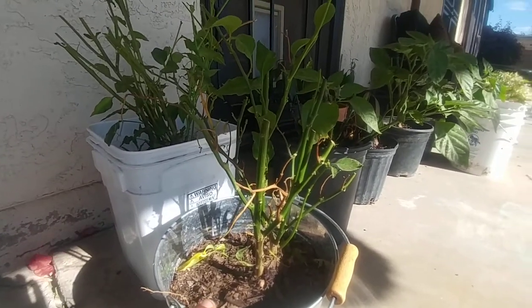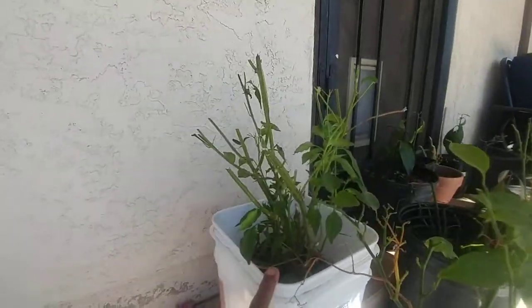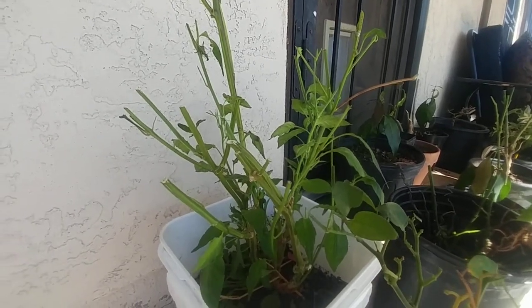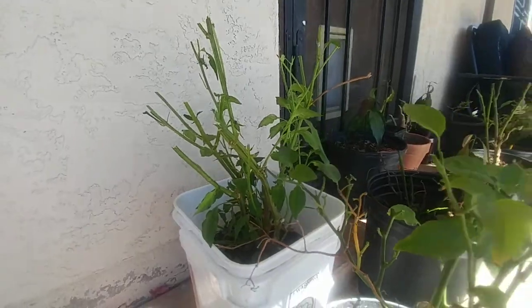Alright, so this is a Scotch bonnet. I'm overwintering it as well. I left some leaves on this one and a lemon drop. And by the way, lemon drops give you a ton of peppers. So that's lemon drop. And then one more is,